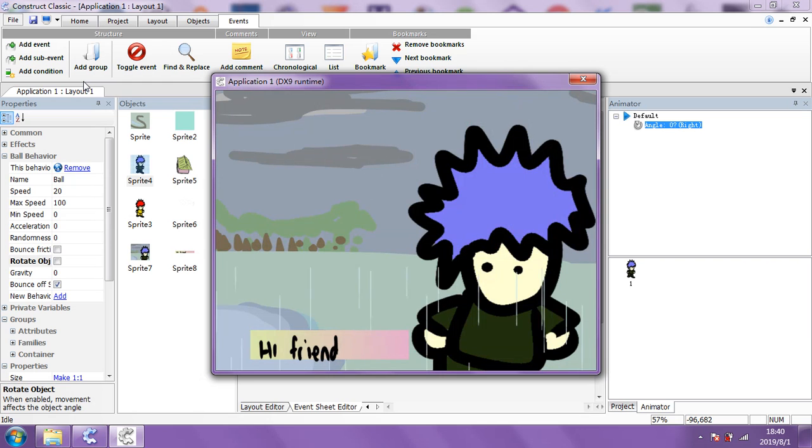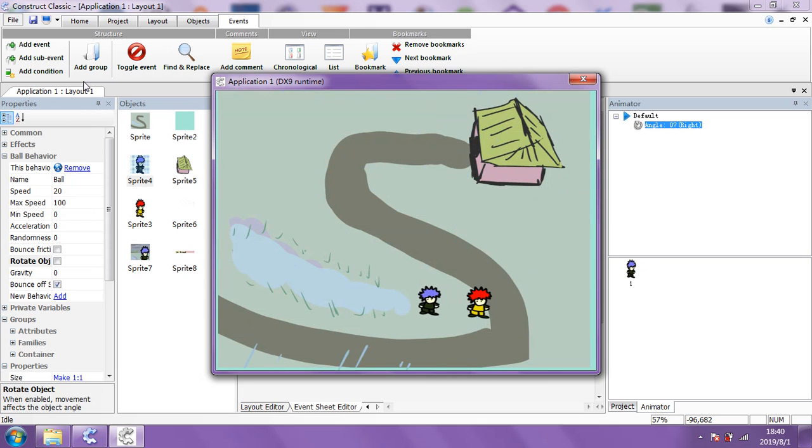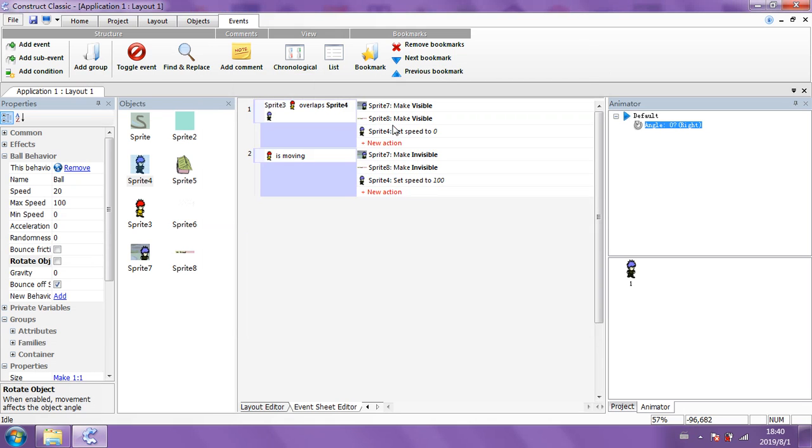He walks into me, that's what happens, stop. Okay, and don't forget we've got a few important things set here so that he's stopped his position too. Okay, and then he moves away. Okay, so let me just check that again. So we did set that, didn't we? So look, you see, sprite 3 overlaps sprite 4, red overlaps blue basically. It makes the animation visible with the message box. It could be 1 or 2 images, doesn't matter. This one sets the speed to 0, and then here sets the speed to 100. Actually, we could have set that speed to 100 in the beginning.